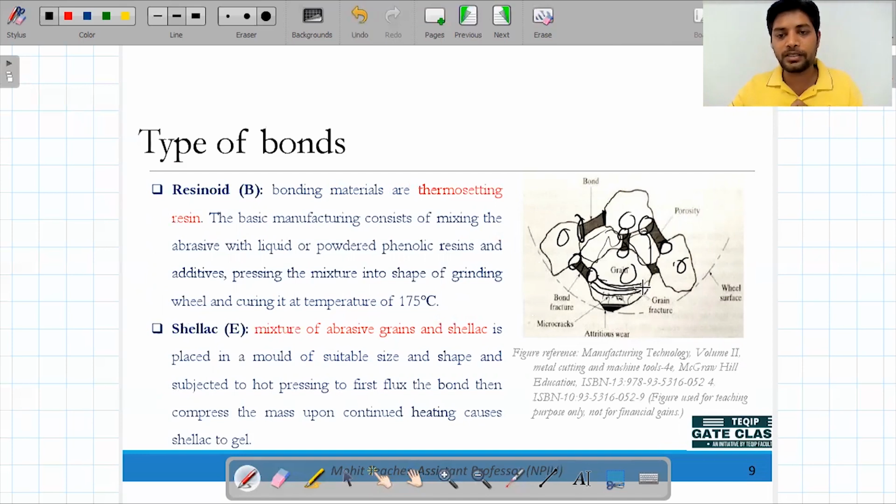As it continuously decreases, the more you use it, the more it keeps decreasing. Then what will happen after some time? The strength of this bond decreases. If the bond is holding something and its strength decreases, it means the internal resistance decreases. Then the grain comes out along with the workpiece, flowing along with the material that is removed from the workpiece surface.